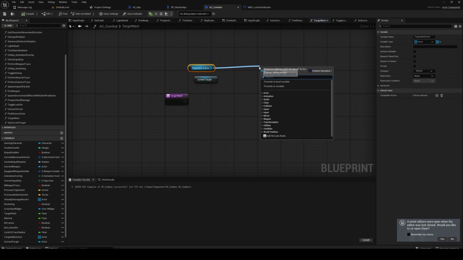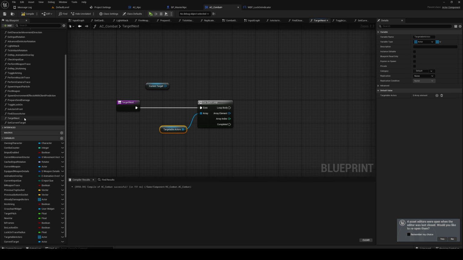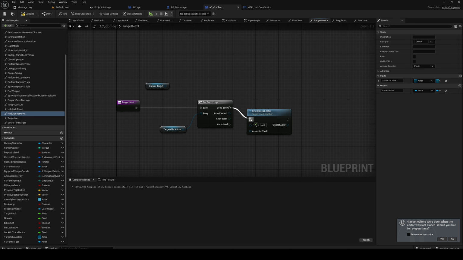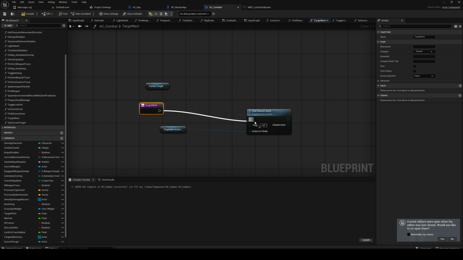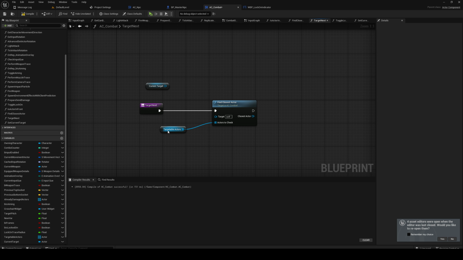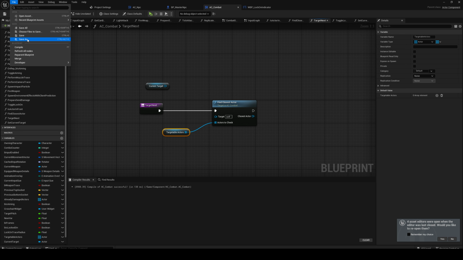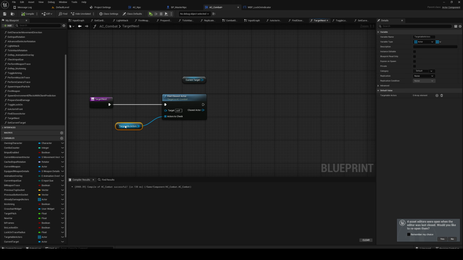For each loop, we already have the find closest actor from before, so we don't actually need the for each loop. I guess all target systems are a little bit differently designed. In this case,